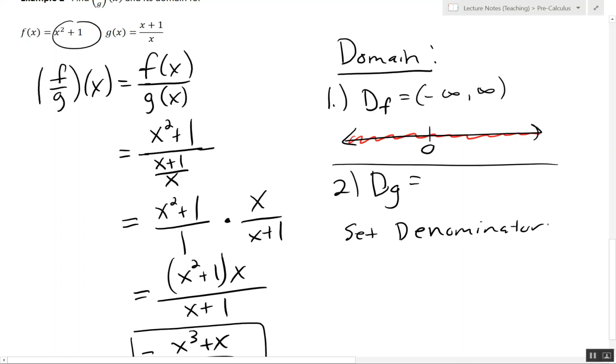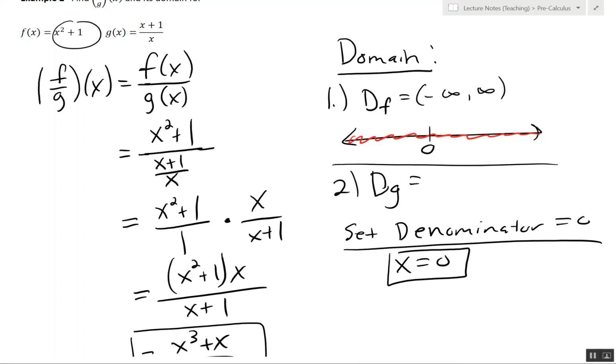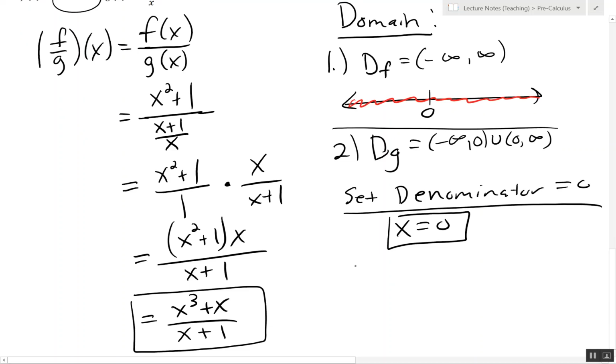And I chose a very simple denominator here, so we just get x equals 0. And so this is the only value we have to exclude, so the domain is going to be negative infinity to 0 union 0 to infinity. If you forget what the union symbol means, it's just a symbol in math that means or. So it's either negative infinity to 0 or 0 to infinity are the values of x that we can throw in. And so when we draw our number line,